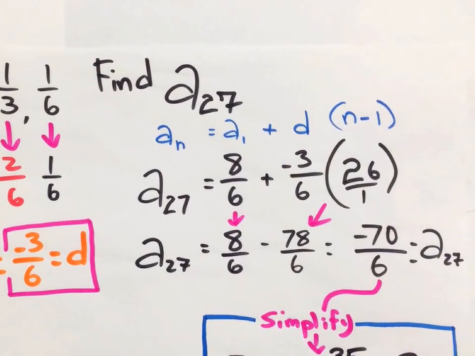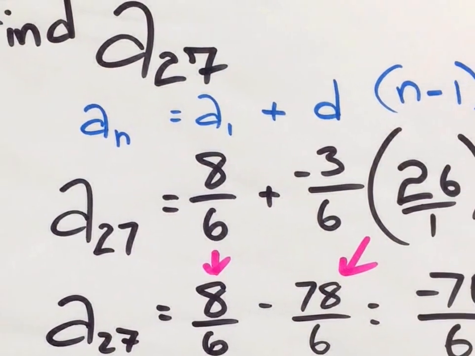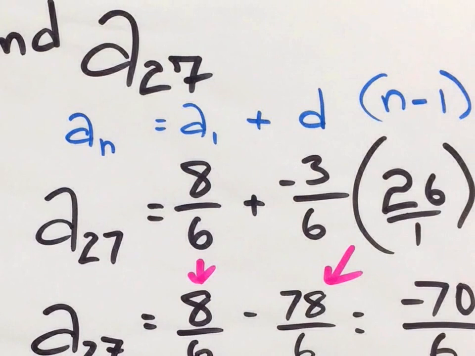We're going to then plug in this difference right over there. And we know that the first term is 8/6, right? We're not going to use 4/3. We're going to keep it 8/6. We're going to plug in this a sub 1. And we know that we're looking for a sub 27. All right. So 8/6 plus negative 3/6 is